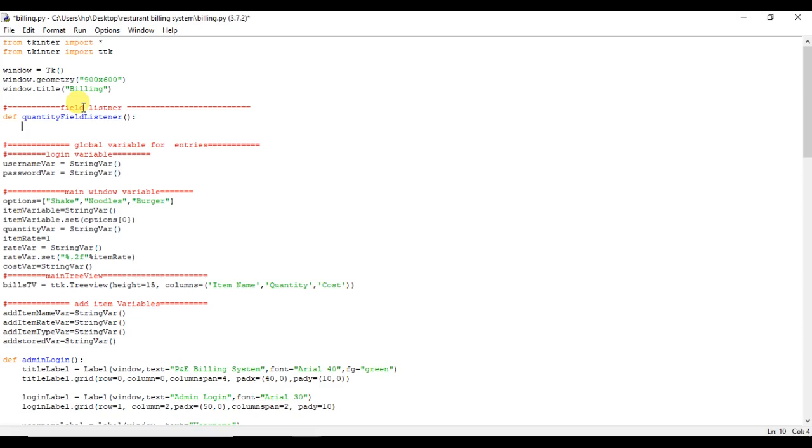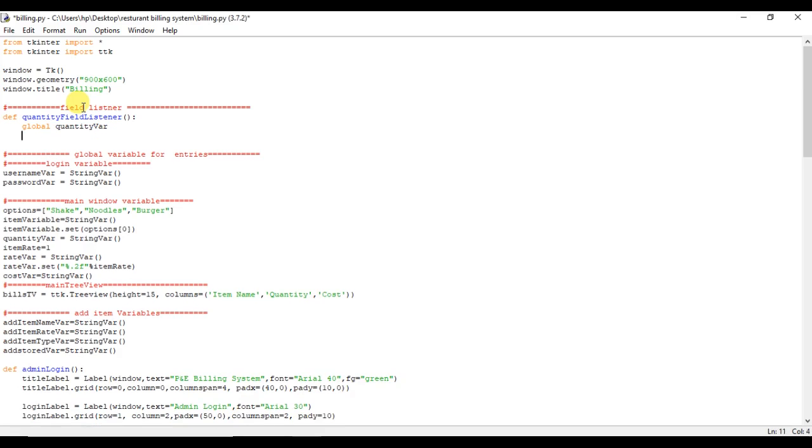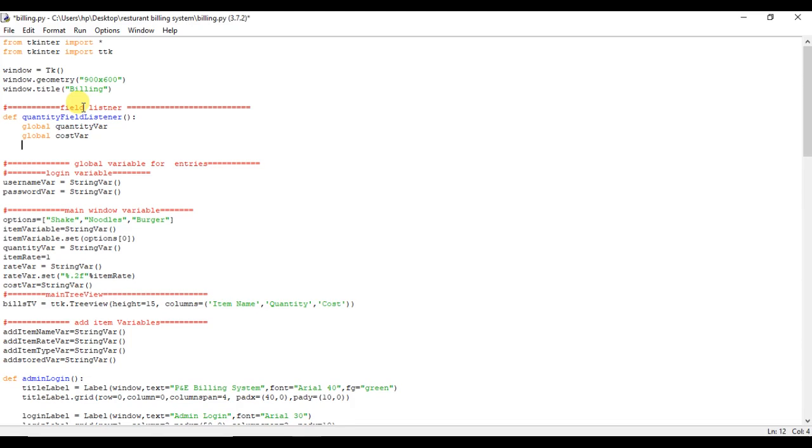Before that we have to make global variables. Where our global is, I'll make this quantity and global cost where. These are the global variables for us. Now let's start with this. First of all I should get quantity from this. Quantity is equal to